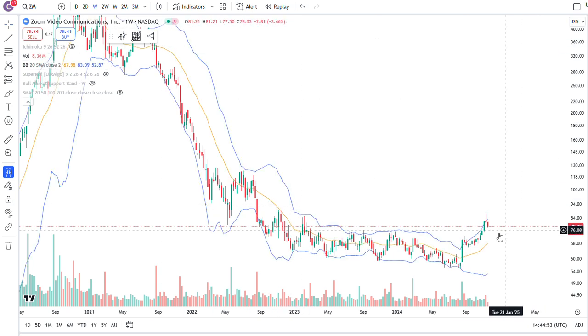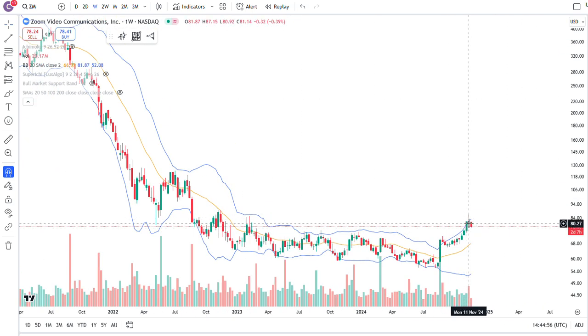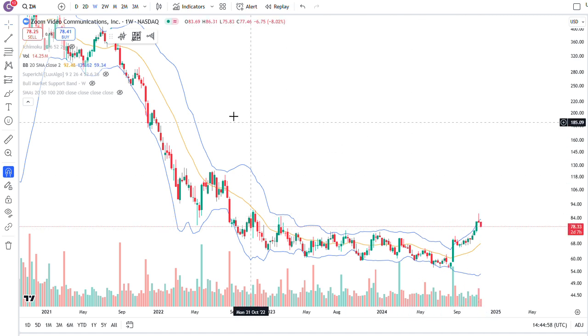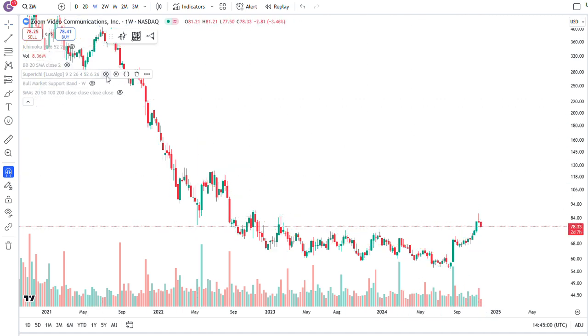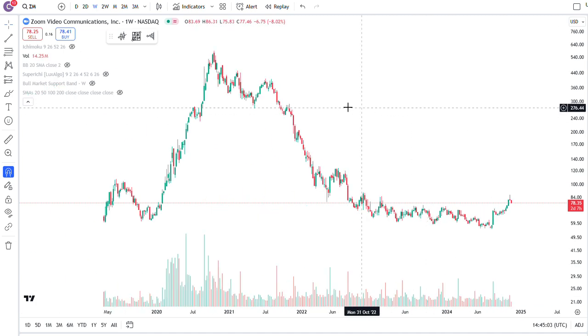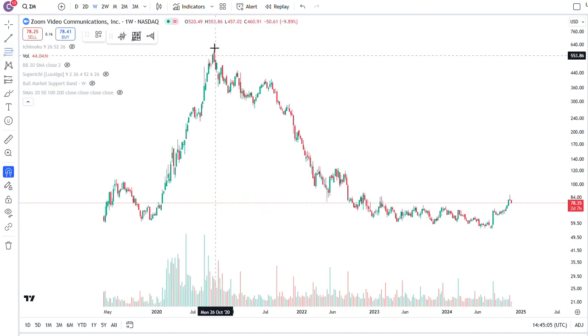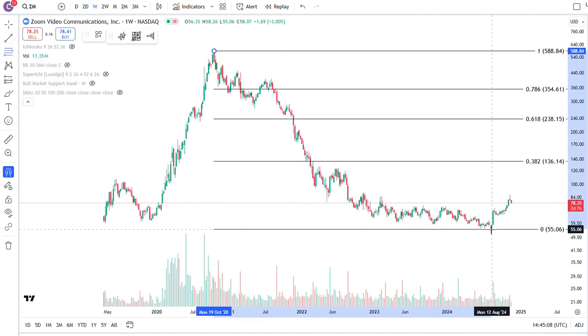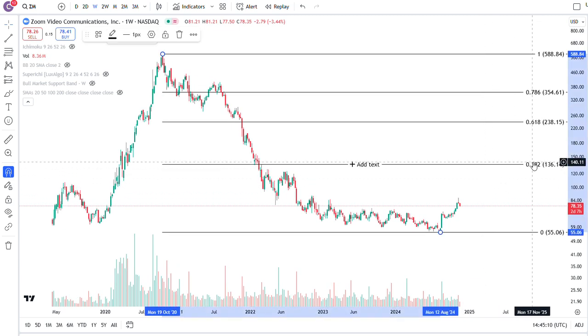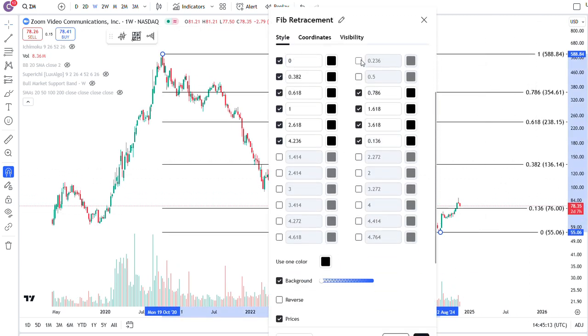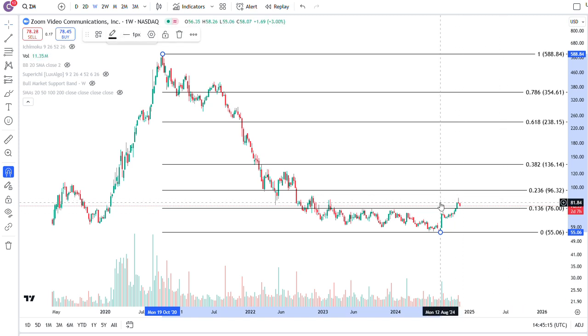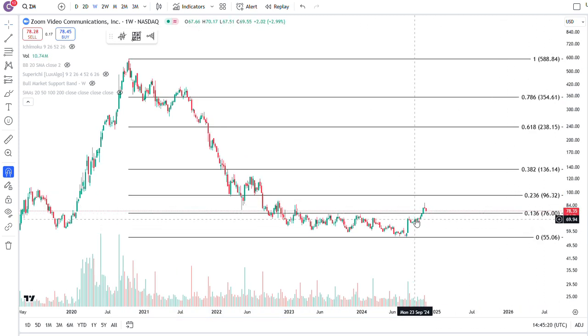It's also a little bit overextended above the upper Bollinger Band, got pulled back here, big giant wick above. It's going to need some time to cool off, probably either sideways or through time. This is an absolutely insane chart in terms of the Fibonacci, because if you go all the way from here, it's really, really far away from 0.382. I'm going to pull up some of the intermediary levels here. There's not really any key fib levels. It can potentially come back to $76 and hold. It doesn't always necessarily have to come back to 71, but there are some fib levels that may be hit at some point.